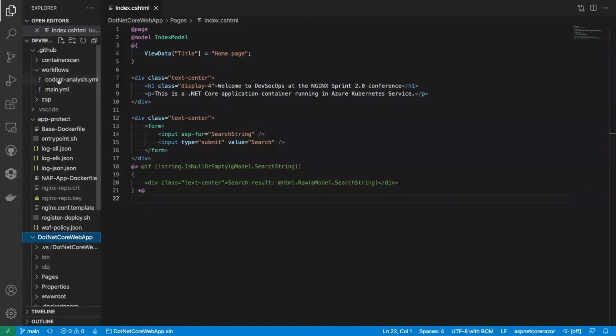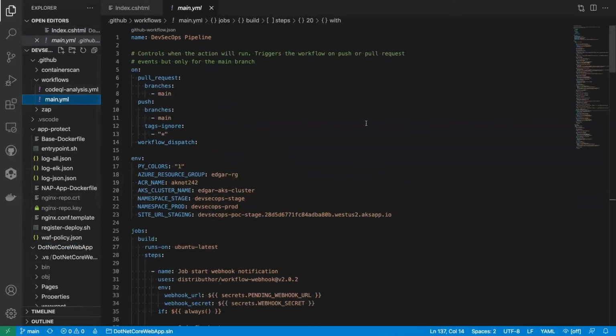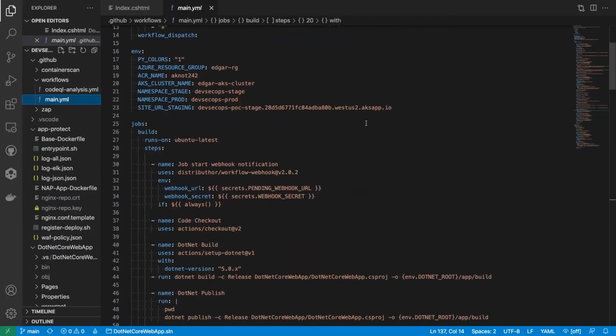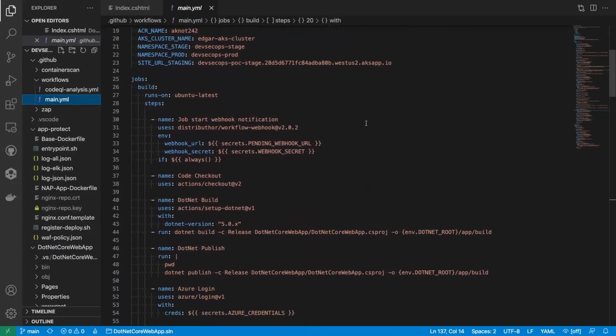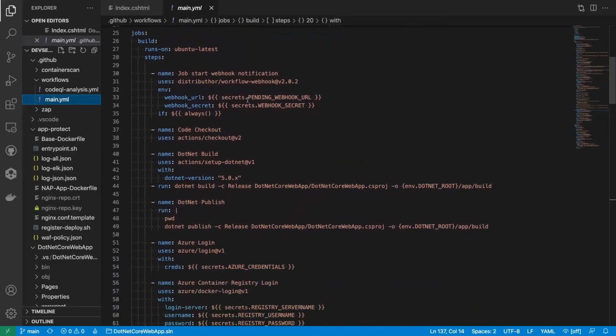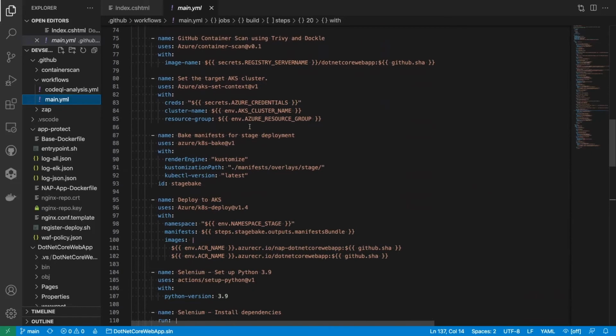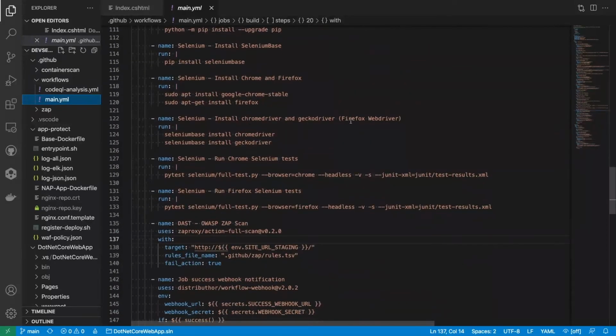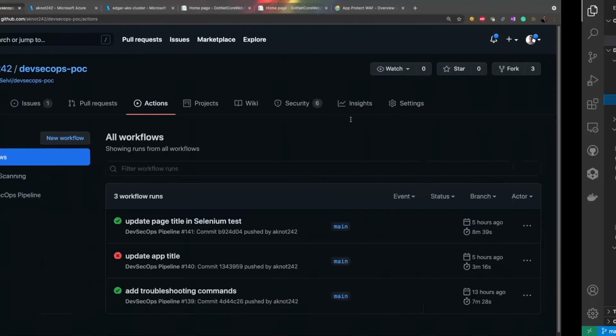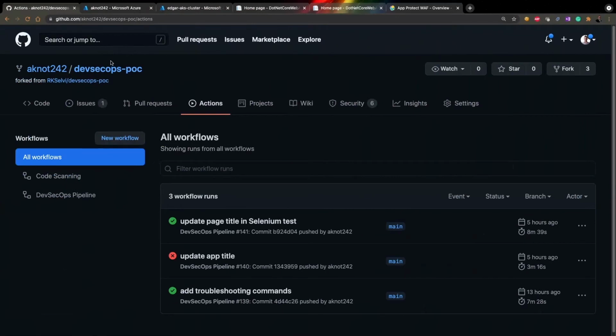So what does that workflow look like? Well, it is expressed as YAML by default with GitHub Actions, and it's a list of jobs and builds that break down into smaller steps that contain actions to run each portion of the pipeline. Now, obviously, this is pretty dizzying, so I'd much rather show you what this looks like using the GitHub user